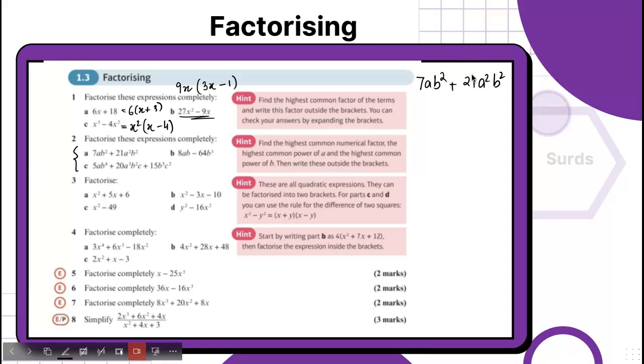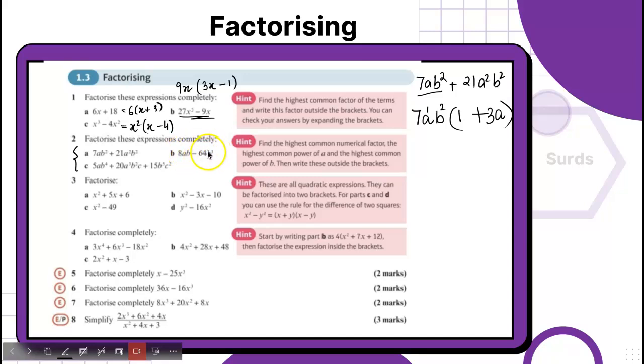Okay, what can we do? We can take 7 out. Okay, ab variables. We just have to focus on variables. ab is present in both. Least power of a is 1. Least power of b, b is actually common, so we're going to be taking b squared, obviously. Here we have 7ab squared. Everything is common, so 1 is left. Plus there 3a is left. Correct?